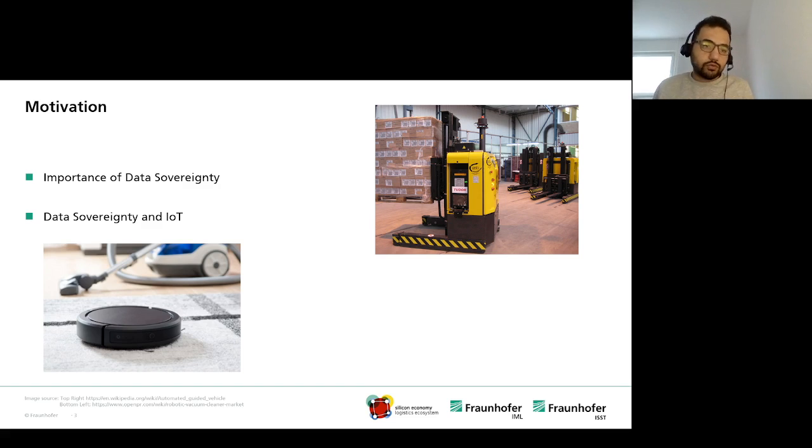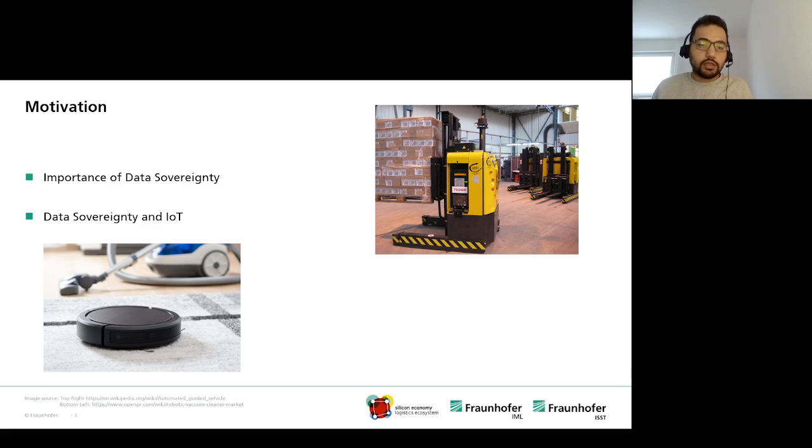And that was on one hand. On the other hand, IoT, Internet of Things devices, is also increasing in popularity, and they are everywhere basically. From here we can see on the right, powering warehouses, robotic AGV systems, and also in our homes, for example, here on the bottom left, a robotic vacuum.